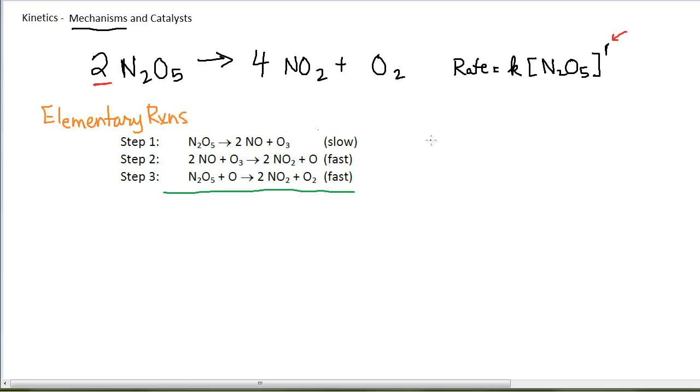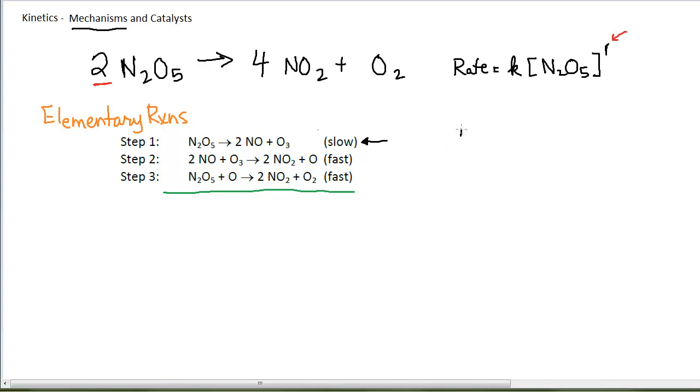So we're proposing this mechanism for this overall reaction, and what that would say is in this first step I have one N2O5 molecule that is undergoing a rearrangement, and it's breaking into three parts. It's breaking into two NO fragments and an O3 fragment. Now notice that both of these parts get consumed in the second step. The second step says that these three parts all bump into each other to produce two NO2s and an oxygen